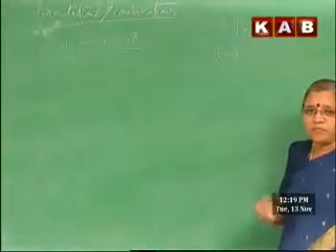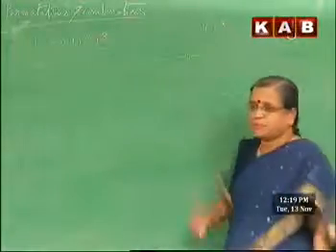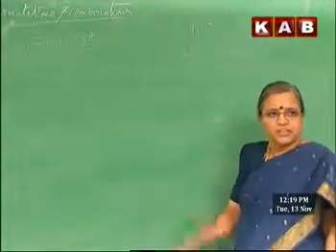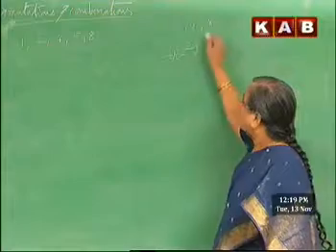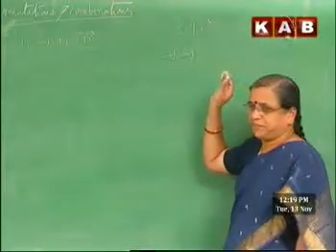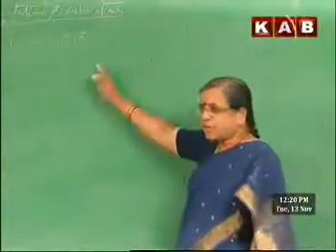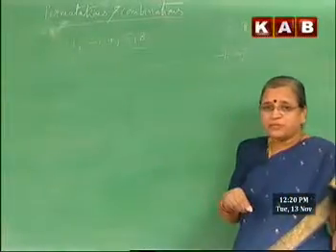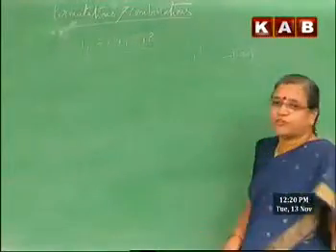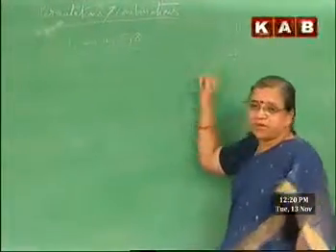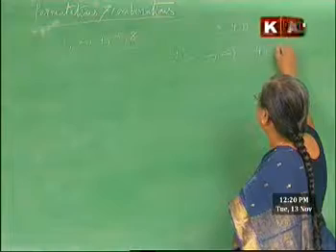How many are there? 3. So this place can be filled in how many ways? Any one of them can be used. 3 ways are there. So now it is guaranteed that this 5-digit number is an even number. Now in these 3, one of them is used here. Very good. And for the remaining 4 places to be filled, how many digits are there with you? 4. In how many ways can they be filled? So this whole thing can be done in 4 factorial. Again here, you need not split each and every part. That already we know. Therefore finally, this is 4 factorial into 3.